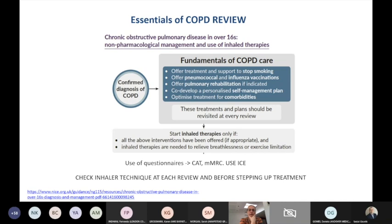They were out of date for a little while, but they are really clear now. We've got this confirmed diagnosis of COPD, and I really stress again that it is a confirmed diagnosis. We've got that right. And we're looking at smoking cessation, pneumonia vaccinations and flu vaccinations. I do know there's a national shortage of pneumonia vaccines at the moment, so that might be going on until